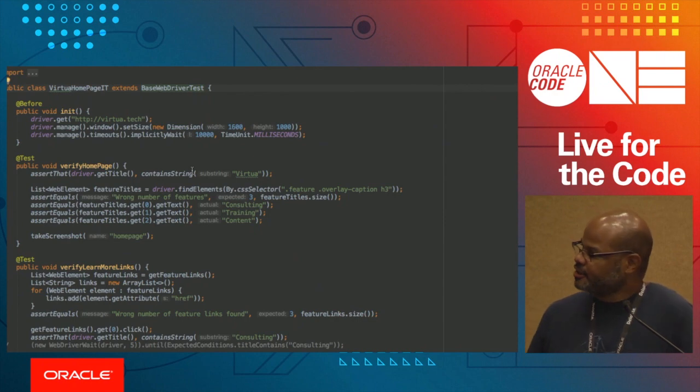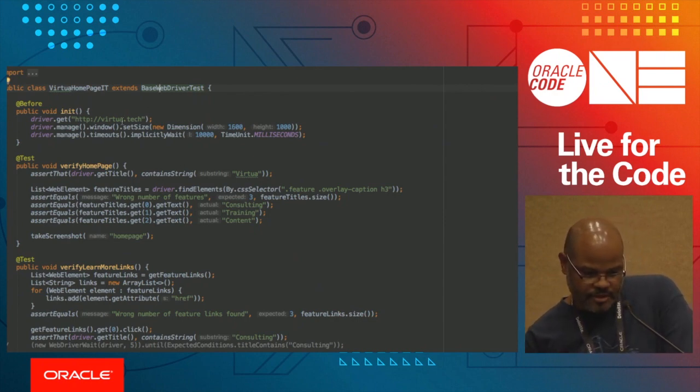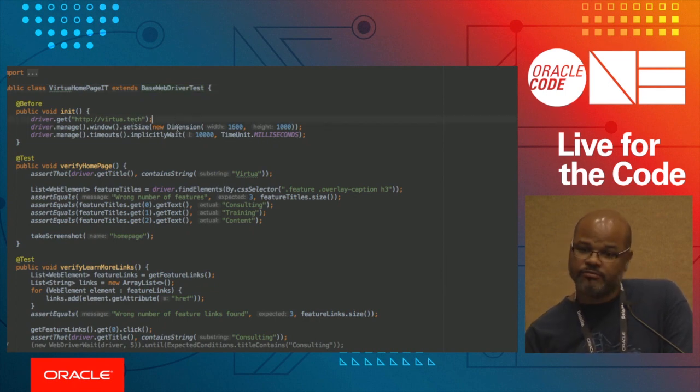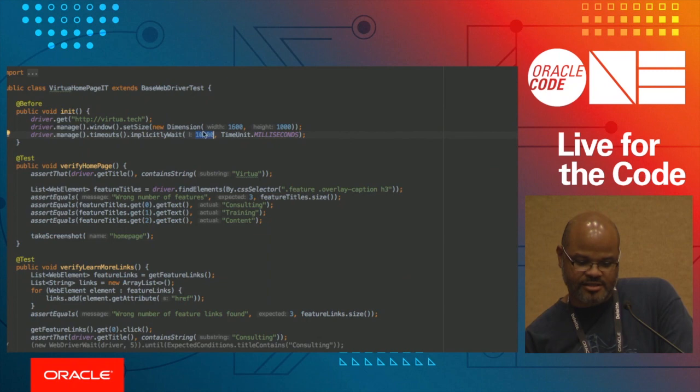So before I start, I basically am going to get a particular link. I'm going to set some size for the window, and then I'm going to wait a certain amount. This basically says that whenever I do something, I'm always going to wait at least this long for it